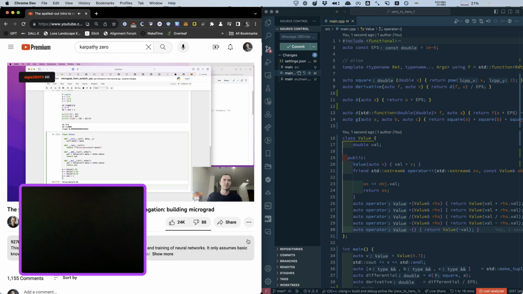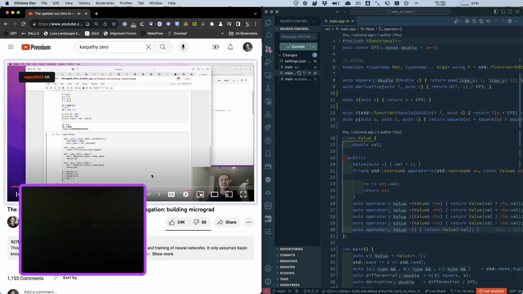So here, for example, we are going to introduce a new variable, which we'll call children, and by default it will be an empty tuple. And then we're actually going to keep a slightly different variable in the class, which we'll call _prev, which will be the set of children. This is how